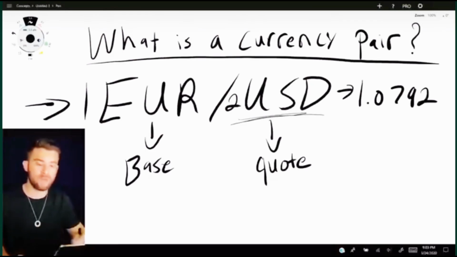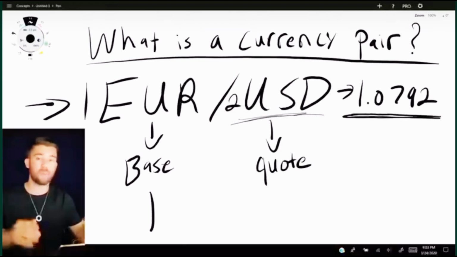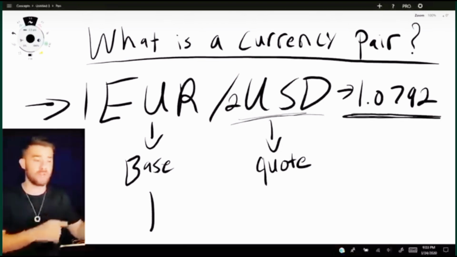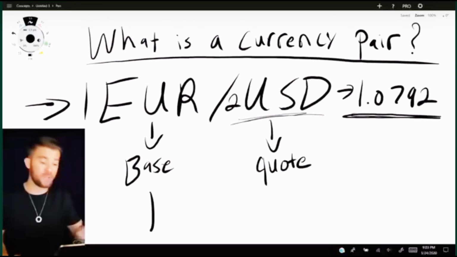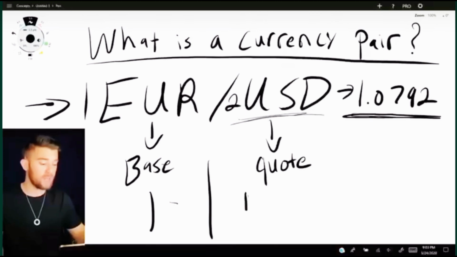always has a value equal to 1. You are always exchanging one of that first pair for whatever the quote pair is. The quote pair is the actual quote you see on the screen. So you're getting €1. What this means in hindsight is that if I have €1, I essentially have